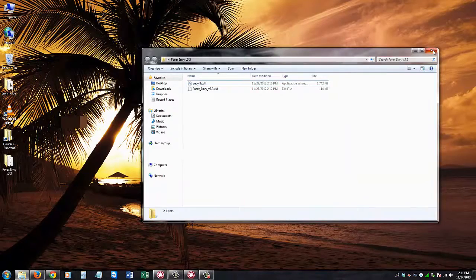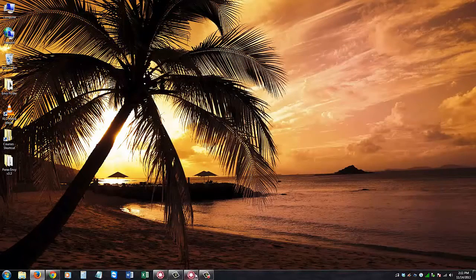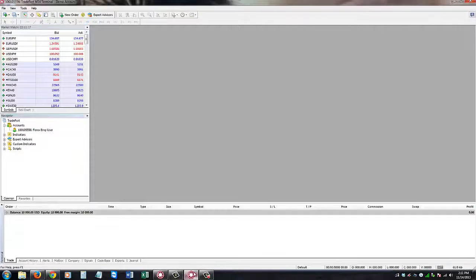We close the windows and we open our MT4. I had it already open, and if you click on Expert Advisors, you will see that Forex MB is not there. It's not available yet. We must restart the MetaTrader first, but before we do, we will make a few changes for Forex MB to run well. We'll go to Tools,